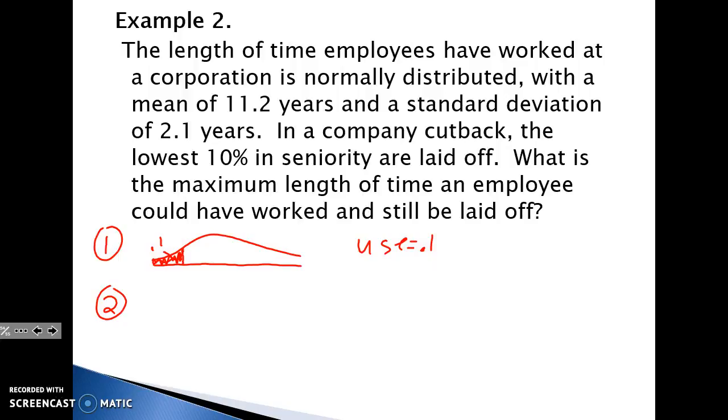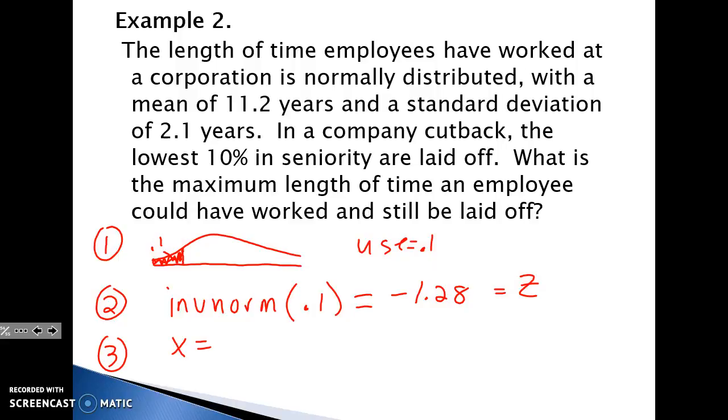My second step, I'm going to use inverse norm with my left area. This is giving me the z value. So if I inverse norm 10% or 0.1, that gives me a z value of negative 1.28. That's my z. Third step, I'm going to use my formula, x equals z times sigma plus mu. My z value is negative 1.28. My standard deviation in this problem is 2.1, and my mean is 11.2. This gives me